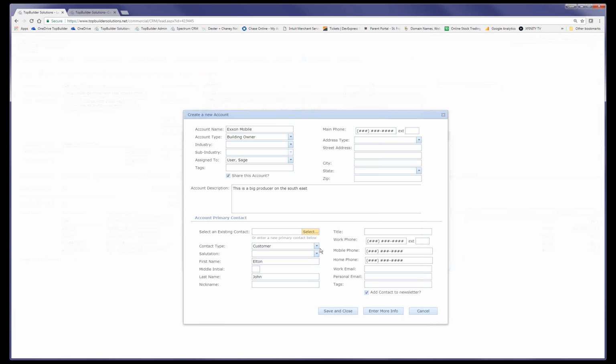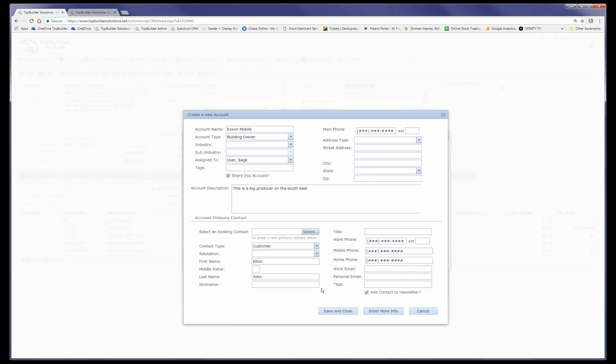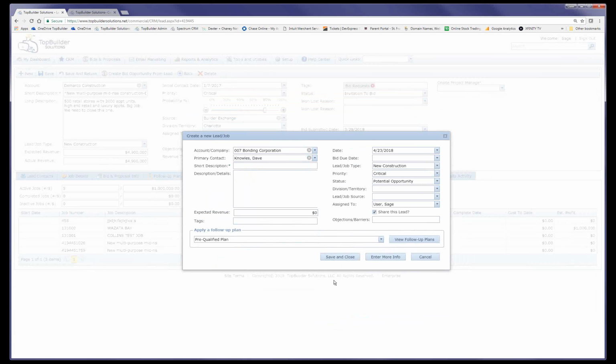Now, if you already have somebody in the database, you can just pick them out of there and add them to the contact. Even if they've switched from the old customer to a new customer, you can pick them right out of the system, and then add them to that new customer. Well, I'm going to save that and close it, and you can see it automatically added that account to the opportunity with the primary contact, and then you can put in